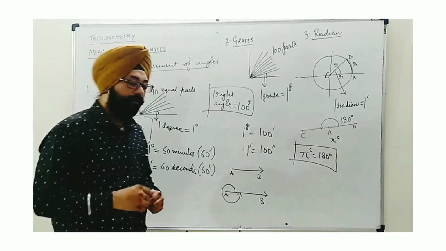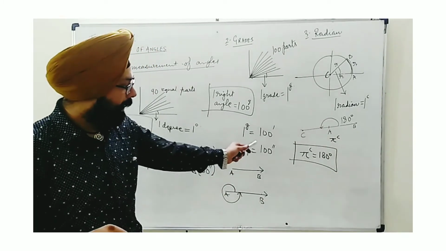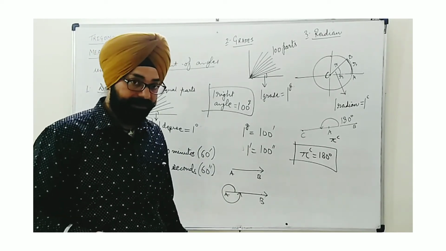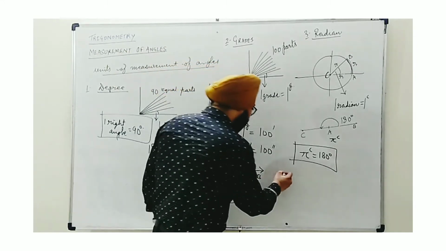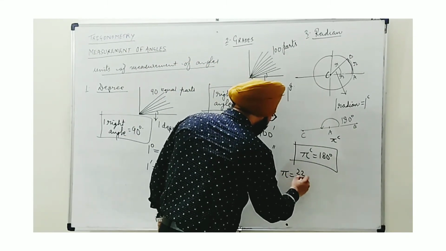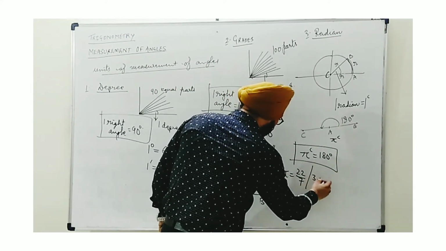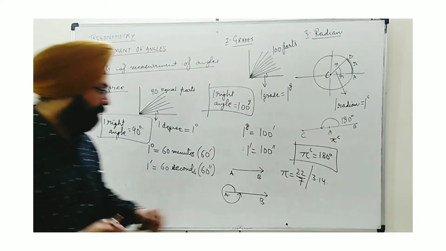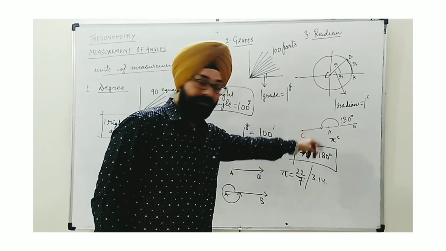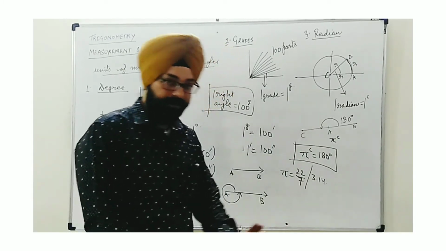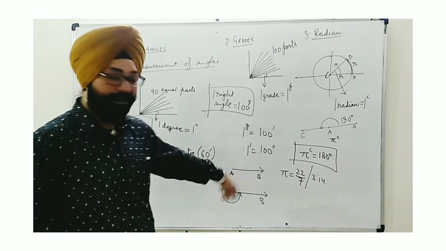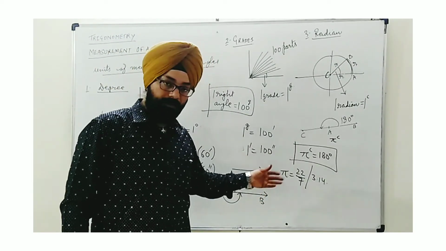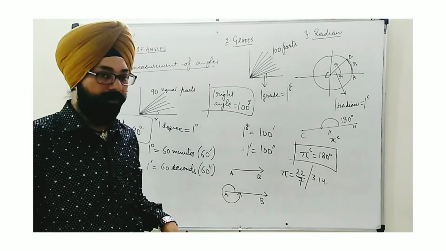Also, here, don't get confused. Pi is not different from what we have seen in earlier classes. Pi we have seen as what? Pi is the ratio which is used as 22/7 or 3.14. So yes, here also it means that either we say 22/7 radian or 3.14 radian. That does not make a change. But in general, we use pi as a term. We use pi only, we do not write 22/7 or 3.14.